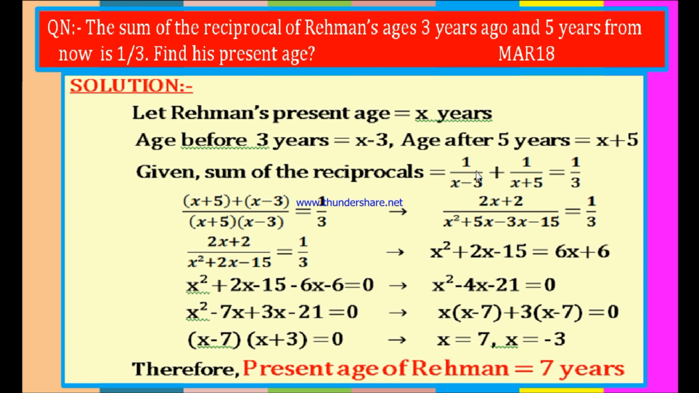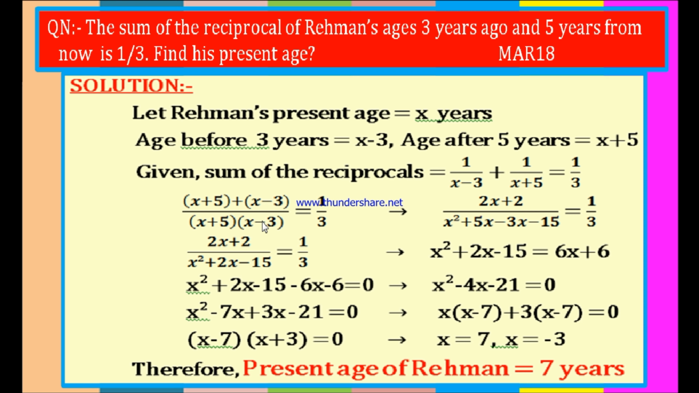Now we have to add these two fractions, whose denominators are x minus 3 and x plus 5. Therefore their LCM is the product of the two, that is (x minus 3) into (x plus 5). Since the product of the two denominators is the LCM, in order to get the numerator, you cross multiply them. 1 into (x plus 5) is x plus 5, plus 1 into (x minus 3) is x minus 3, is equal to 1 by 3. This implies x plus x is 2x, 5 minus 3 is 2, divided by